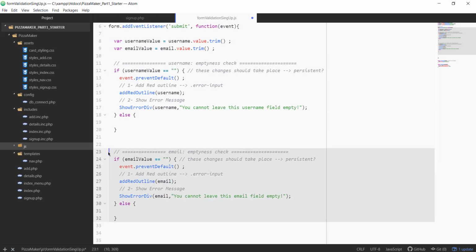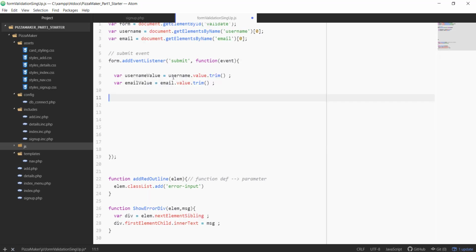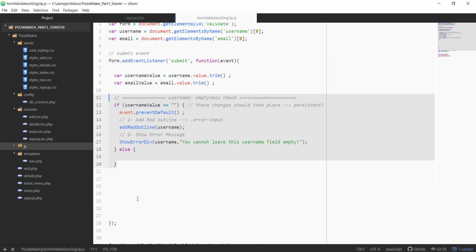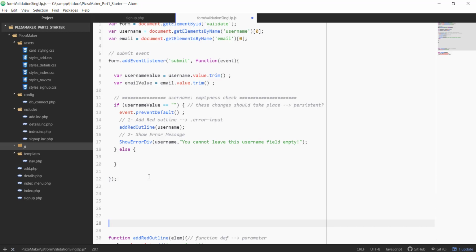So instead of repeating this over and over again, you can just place all of this in a function, right? I'm going to leave the original code just so you see what the difference is here. So let me just do this in a function. I'm going to call this function check empty, since this function just checks if it's empty or not, right? So if it's empty, it does this. If it's not empty,